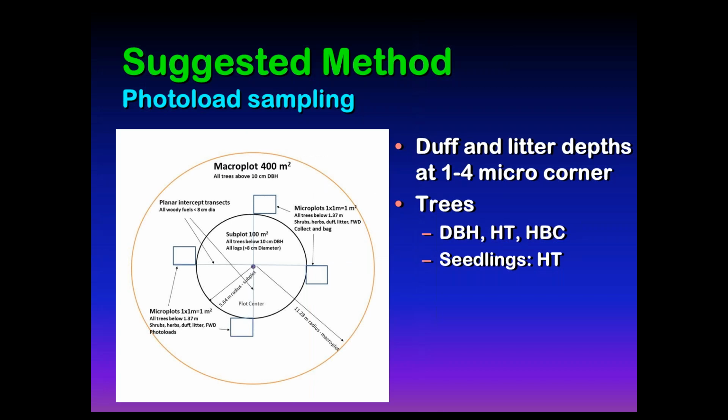Okay, so one of the last things we're going to talk about is how to integrate Photoload sampling out in the field. If we're going for a complete fuel inventory, this is how we suggest it. And of course, this can also be used with FS-Veg. You can use FS-Veg procedures to get all the trees above 10 centimeters or whatever your breakpoint DBH is. And then in a subplot of 100 square meters, you do the Photoload table technique for all the logs within this 100 square meter. And then you have these 1 by 1 meter microplots at 4 points